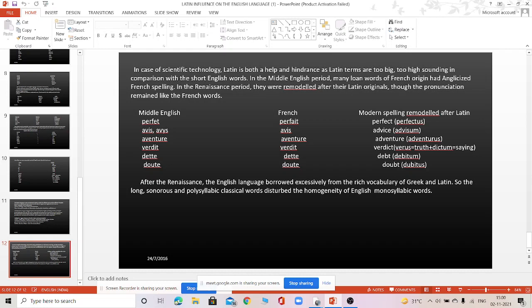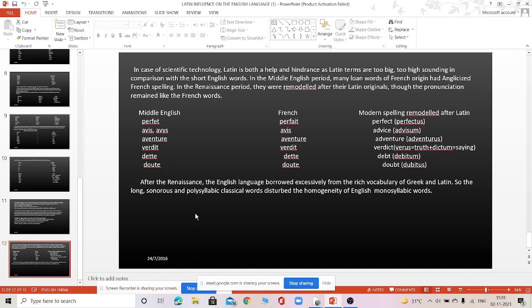So all these occurred, এগুলো কেন হলো, এগুলো ল্যাটিন ইনফ্লুয়েন্স, যখন মডার্ন স্পেলিংটা রিমডেল করা হলো ল্যাটিন ইনফ্লুয়েন্সের ফলে। After the remodeling, the spelling, so as we can see anglicized French spelling, কিন্তু রেনেসাঁসে তারা রিমডেলড হয়ে গেল ল্যাটিন অরিজিনালের জন্য।